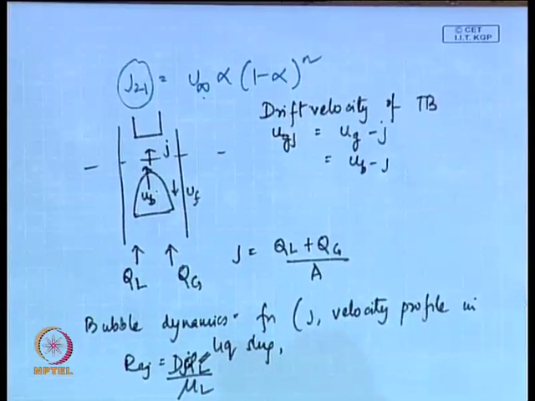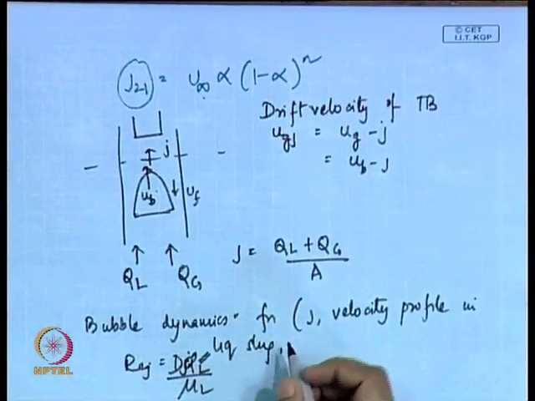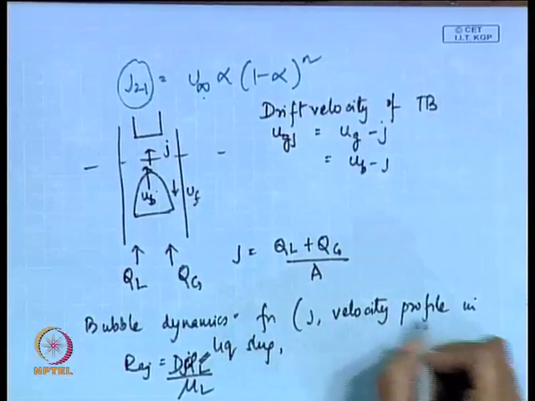On what other factors should it depend? It should depend upon the conduit characteristics, it should depend upon the fluid flow properties and so on and so forth, isn't it? So, therefore, we find that more or less your U_j should depend upon J,